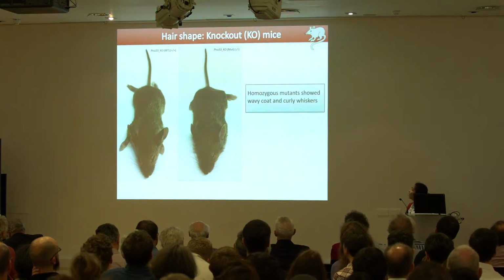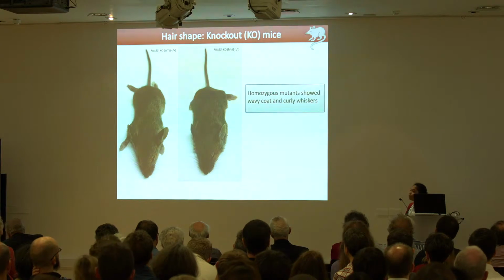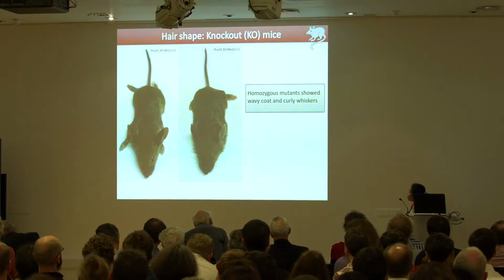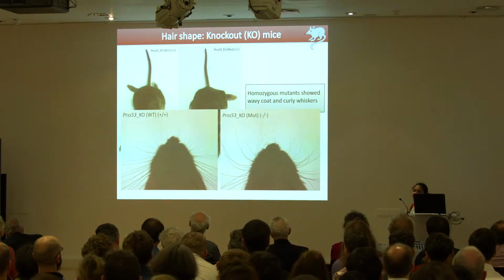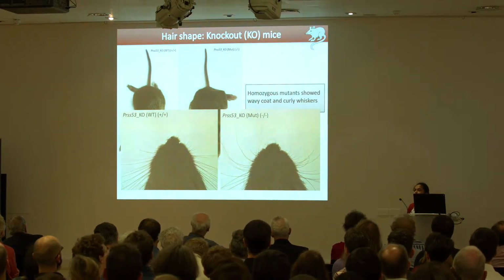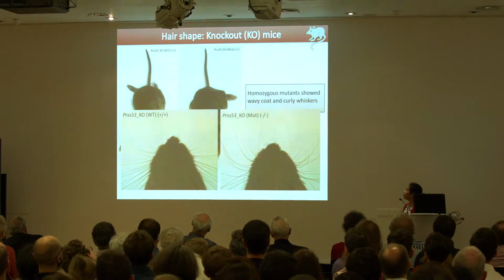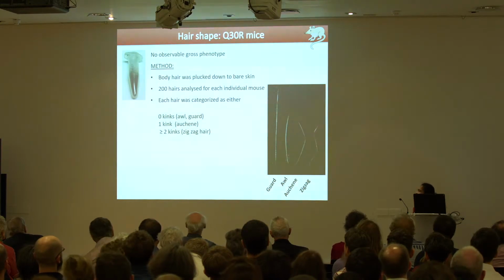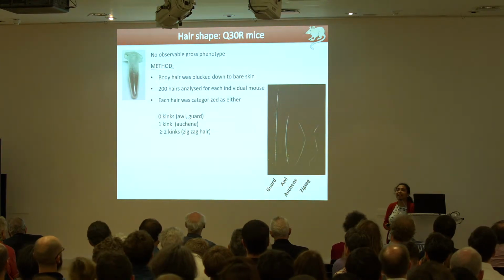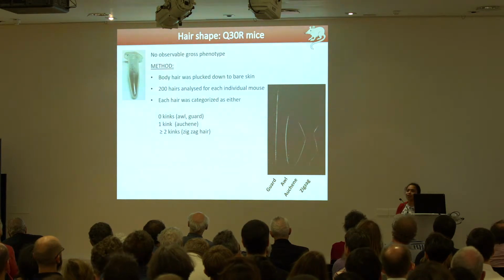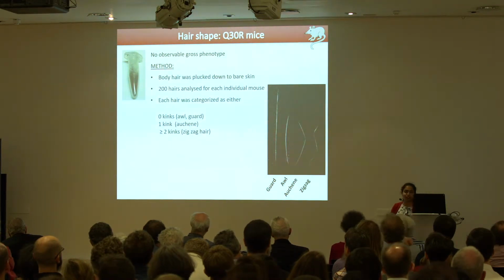So what did we find in the knockout mice? We found that the knockout mice had a wavy coat and curly whiskers. I'm not sure if the wavy coat is evident, but certainly the curly whiskers will be. And which made sense because in humans it was contributing to straight hair, so when we knocked it out, we got the curly whiskers. However, as science goes, we didn't get any observable phenotype, GWAS phenotype, in the point mutation. And that actually led to a more specific hair shape analysis for us.